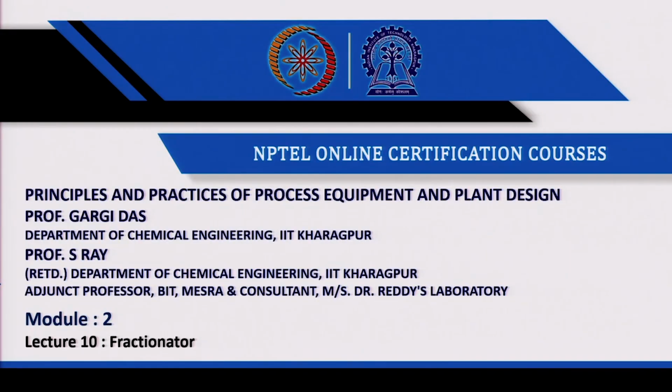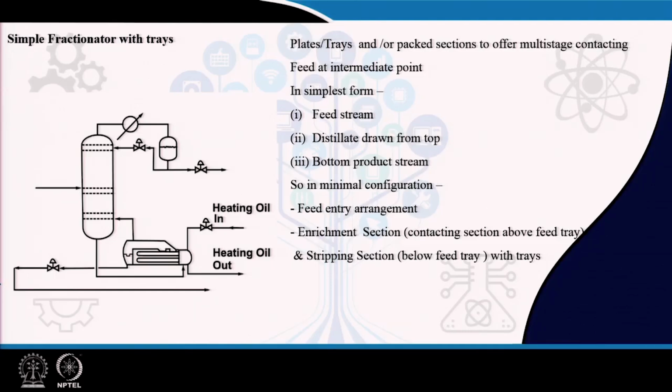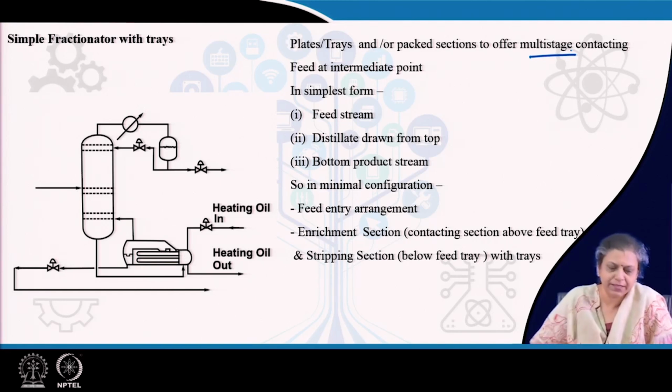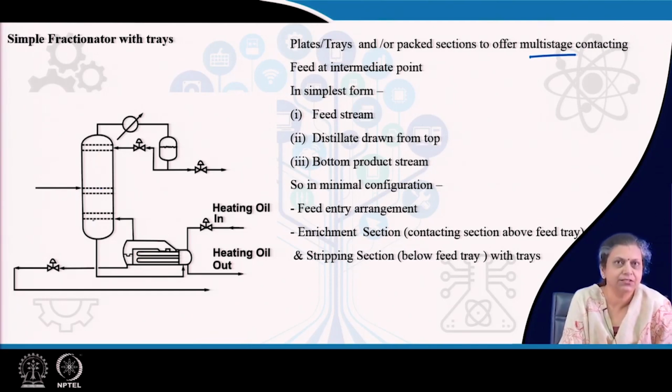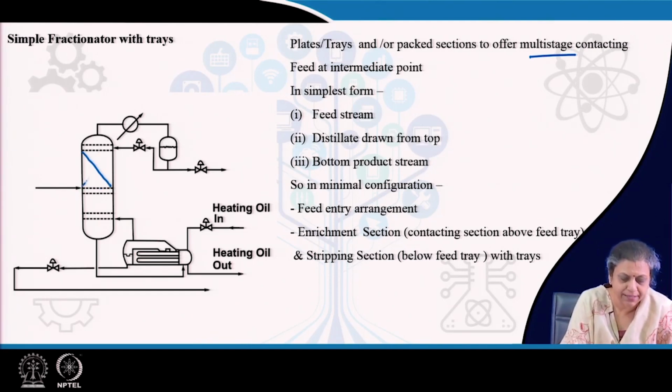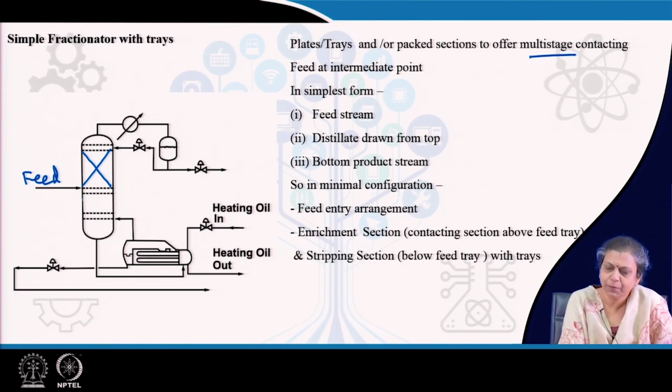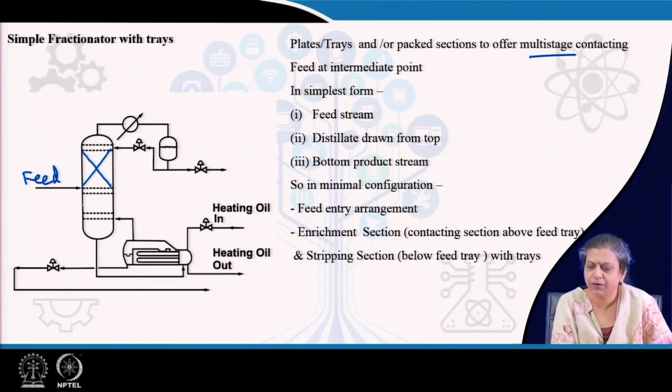in industrial practices. So, the basics or the introduction of the fractionator was already introduced to you in the last class, where you had seen that the fractionator is a continuous multi-stage process, and each particular stage is provided either by plates or trays inside the column. We can have such plates or such trays. We can also have some packing sections, right. So, in between two packing sections, the feed is introduced. So, the stages can either be provided by means of different plates or trays, or we can also have some packing sections which provide the equivalent number of stages